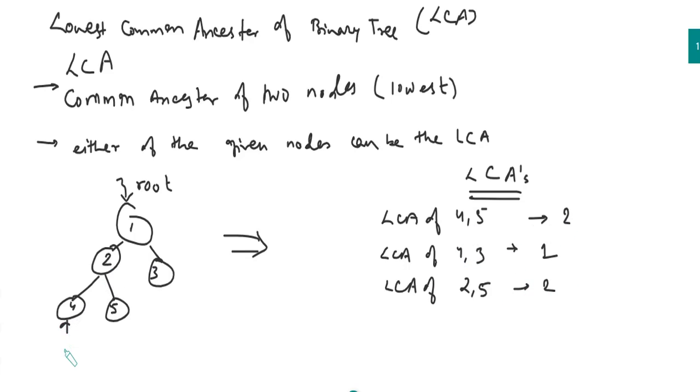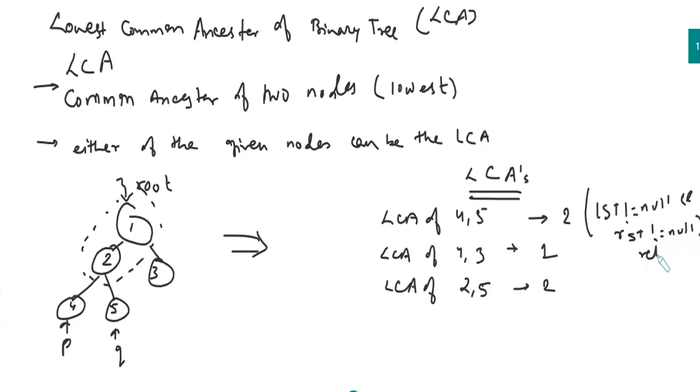So let's consider the first case where I am considering P as the first node and Q as the second node. I need to find the lowest common ancestor of these two nodes. We can see these are the common ancestors of P and Q, but the lowest common one is 2. That means what condition do we get here? That means if the left subtree is not null and the right subtree is not null, we will return root